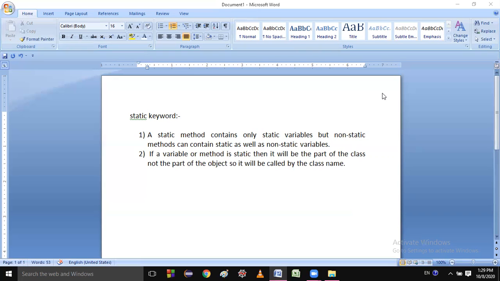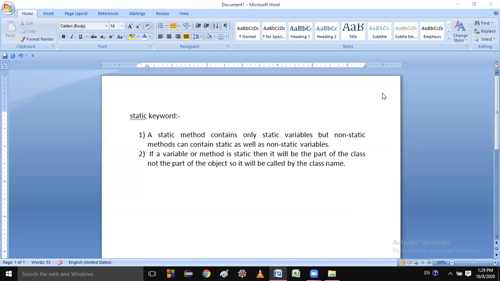The properties of the cow are hair and legs. The actions of the cow are eating and walking. So these two things are part of the cow, and the cow is an object.